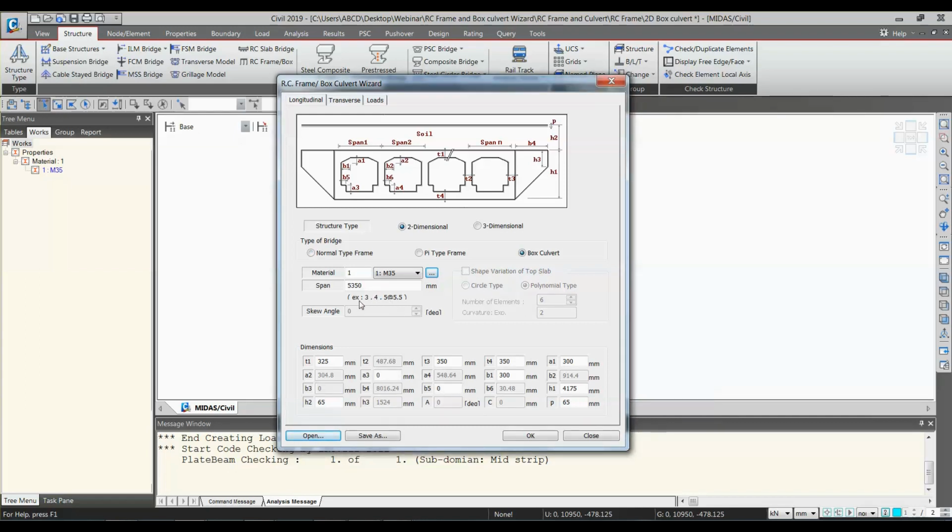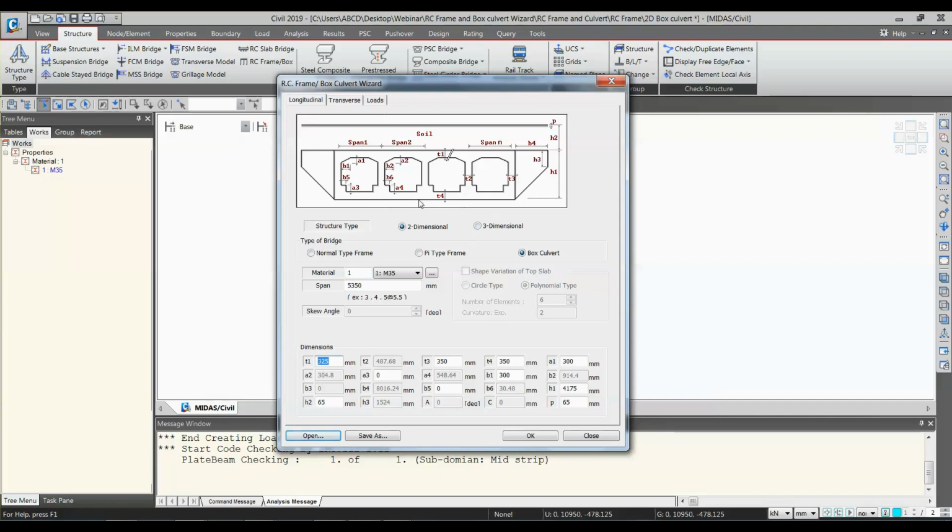Okay, so 5.35 meter is the total span length. 325 mm is the thickness of top slab. Now you can differentiate here between the frame and box culvert. Here the bottom slab also comes into the picture.